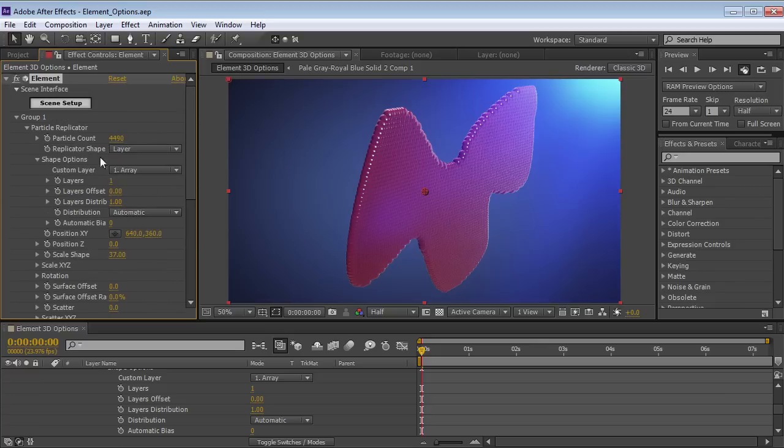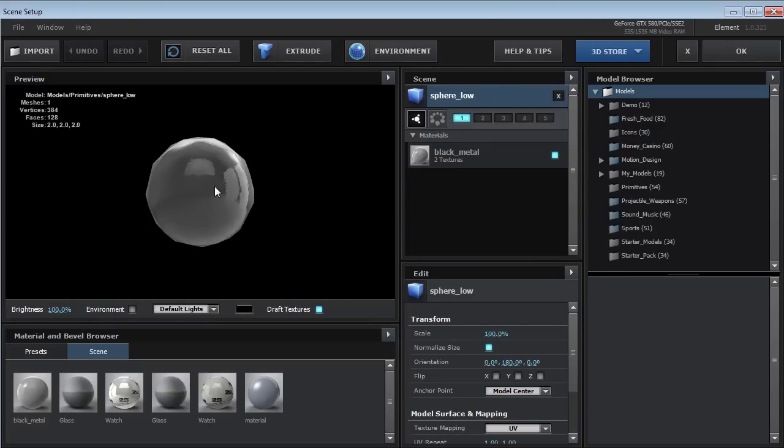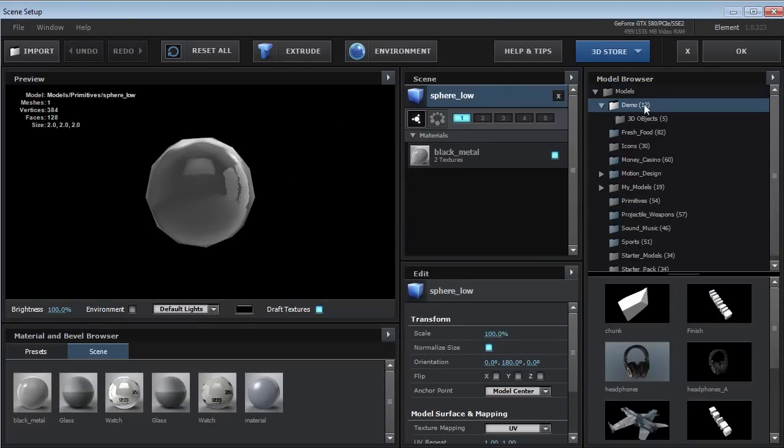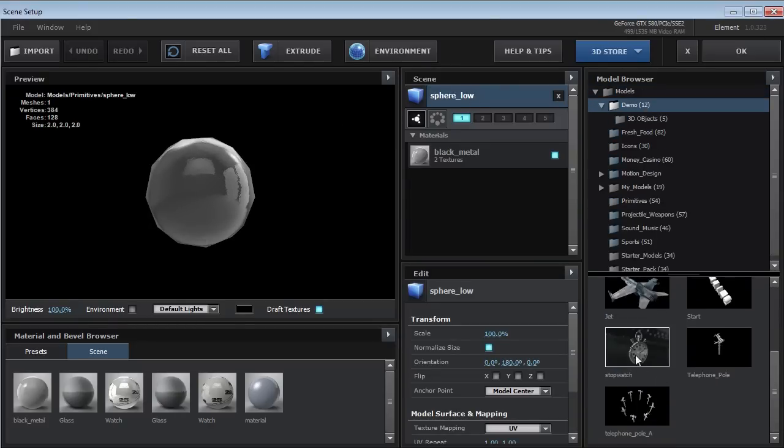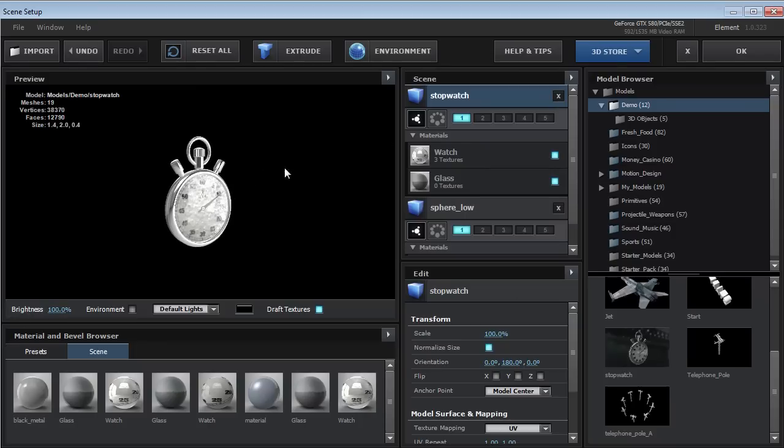All right, so finally we can even use a 3D object as a replicator shape. So how do we do that? Well, first we have to go into the scene setup so that we can access some of our 3D models. And what you need to do is load a 3D model that you want to use, and check this out. There's a button here. This creates the atom type, and this creates the replicator type. So if we turn that on, so we're now going to use this object as the replicator shape for group